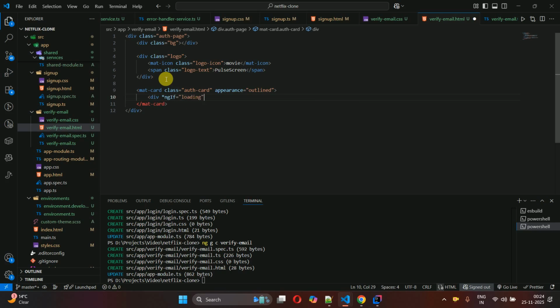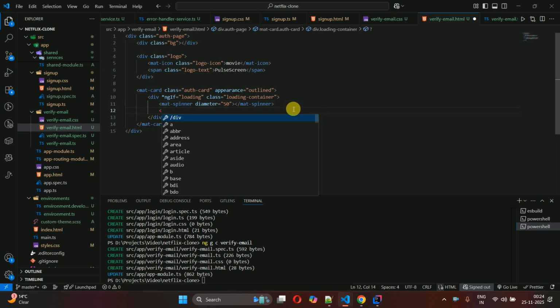loading. If this loader is on, we have to show the loader, so loading container, and then we have to show a mat spinner, so mat spinner diameter 50, and close this mat spinner. Then we have to show here h2, like verifying email address or something, verifying your email, and basically calling the backend API to validate it. Till that you're going to show this particular div,